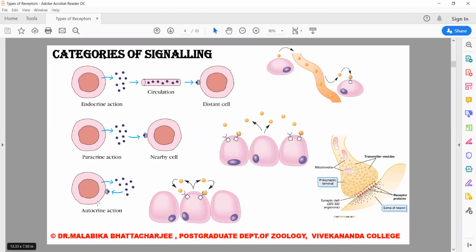these cells. A very classical example of autocrine action is seen in blood platelets, where the blood platelets release eicosanoids. It's a form of chemical that is released. We'll be reading about these chemicals later on. So these blood platelets release eicosanoids and they produce receptors for these eicosanoids, and they receive them and thus proliferate further. Another beautiful example of autocrine action is the example of lymphocytes.